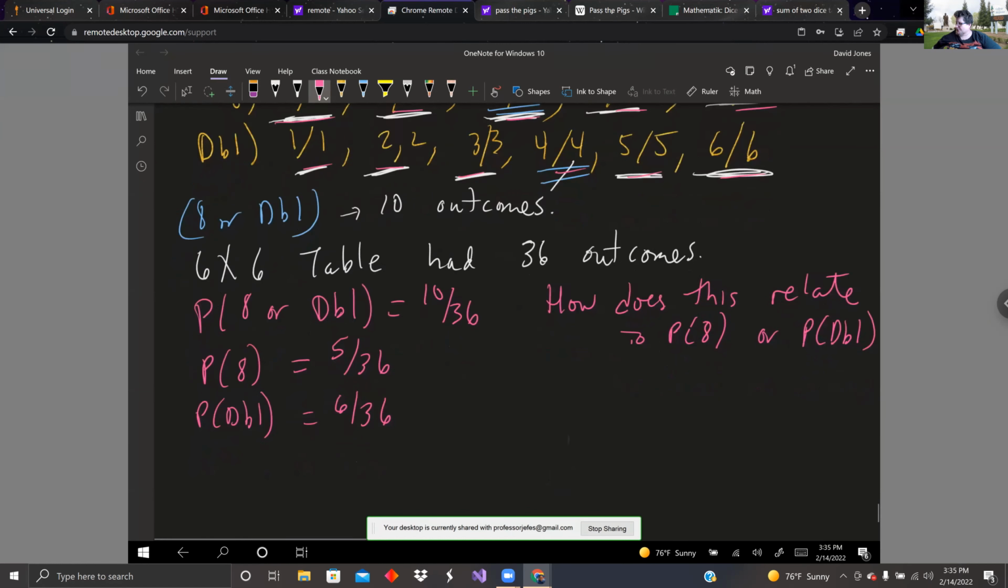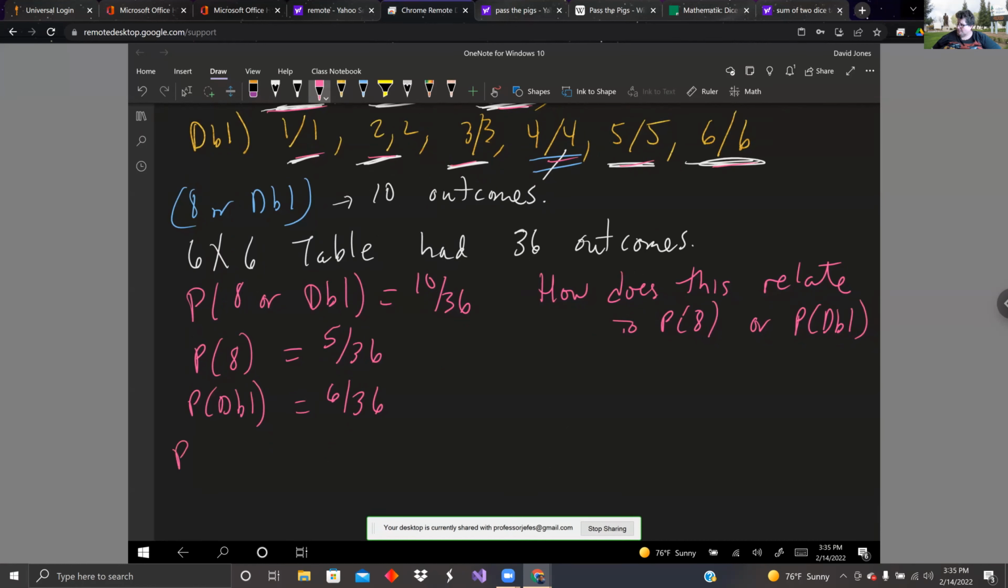So if I added those two, the probability of 8 plus the probability of doubles, I've got 5 over 36 plus 6 over 36. We add the numerators because the denominator is the same. And I get 11 over 36, which is